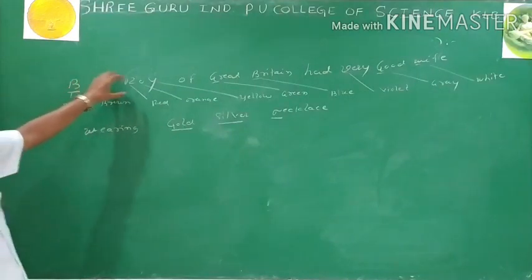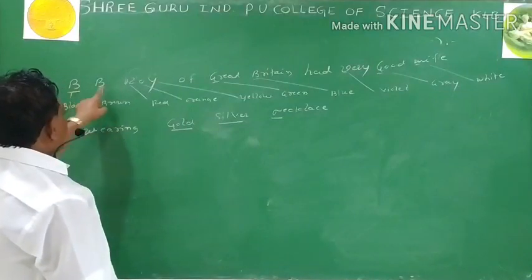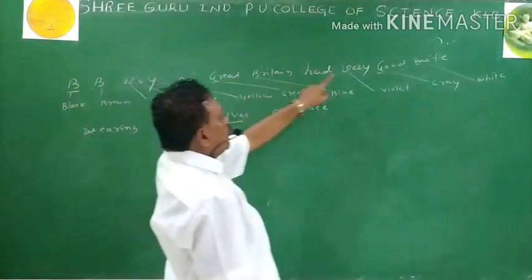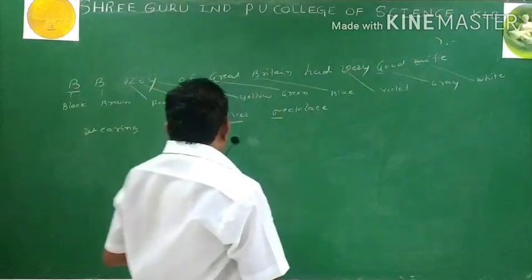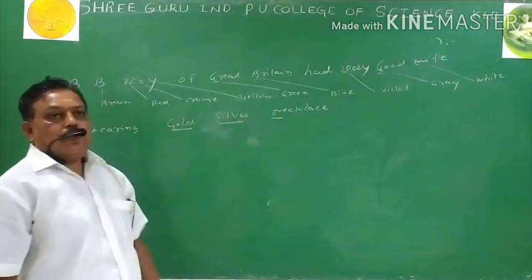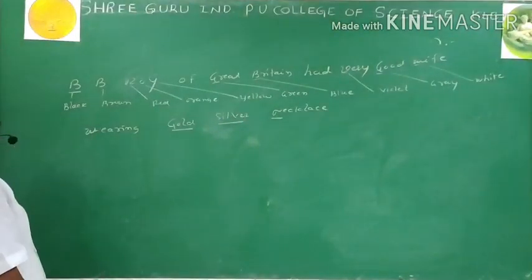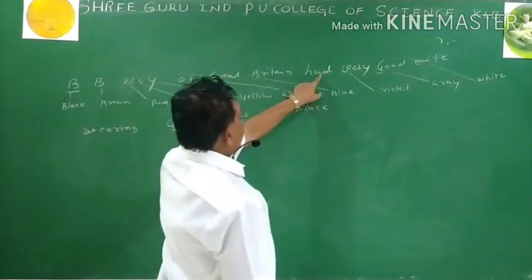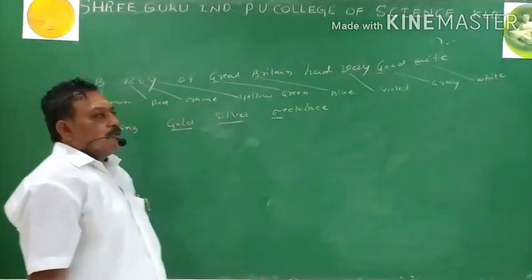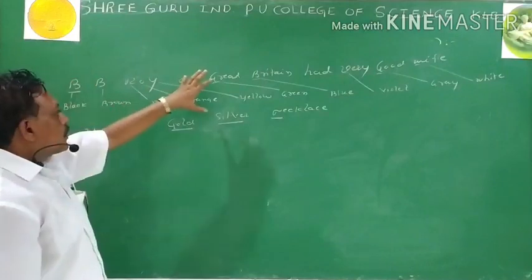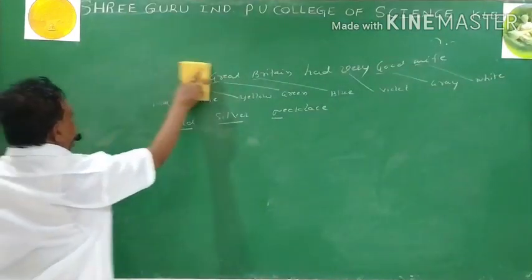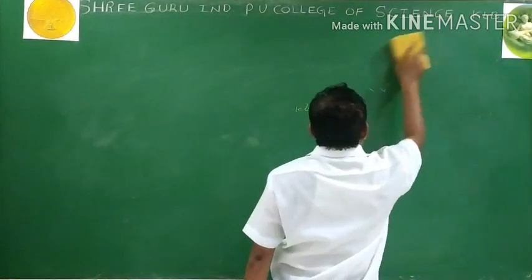So these capital letters represent the color. B stands for first black, brown, red, orange, yellow. That is green, blue, violet, grey, white. And the last three, gold, silver and necklace, where N stands for no color. These are meant for tolerance. The words hat and wearing have nothing to do with it. To give a meaningful sentence, they are injected. So by using these colors, I go for the value of the respective colors for recognizing the value of the resistance.